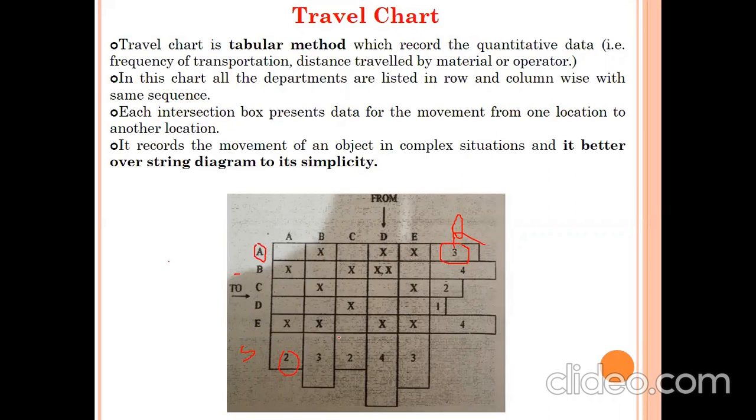Is it right? So like this, to each and every machine we can count how many jobs are coming, how many jobs are going. So if you look at this side, you will find that for B machine and for E machine, more jobs are received, 4. From this side, only D machine is sending 4 jobs. But here D machine is receiving only 1 job. D machine is sending 4 jobs to the other machines, and D machine is receiving only 1 job, and that is from C machine.